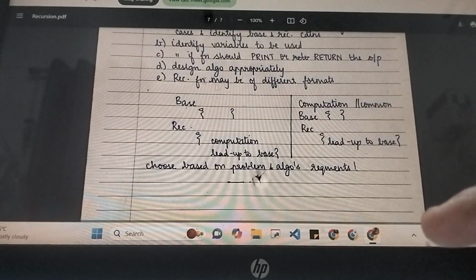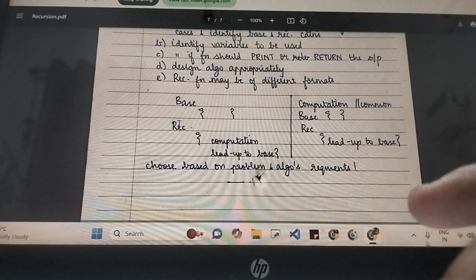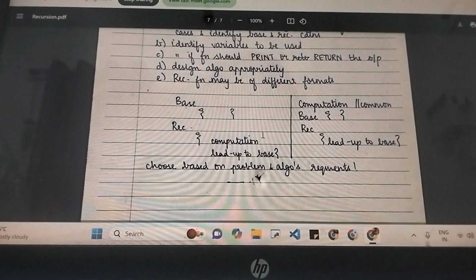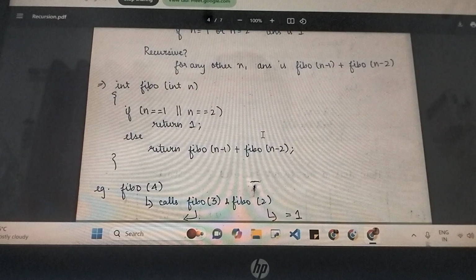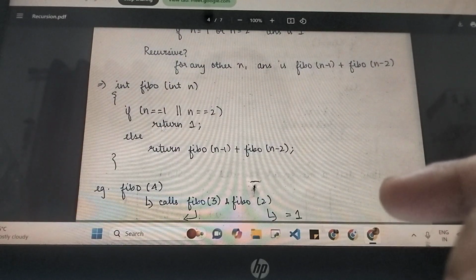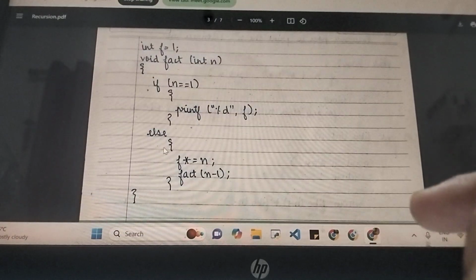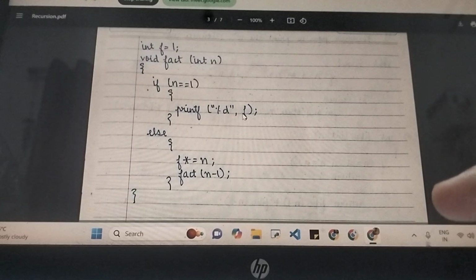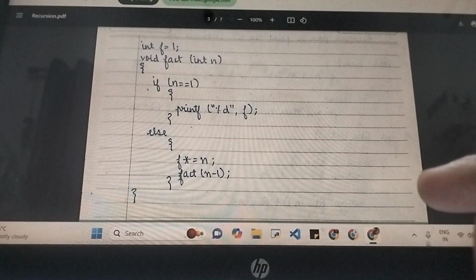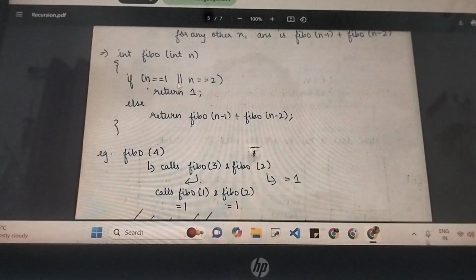And the final thing, recursive function may be of different formats. One is you have a base case, and then in the recurring case you have a computation and then something that leads to the base. Example: the base case you simply return. Recurring case, there is a no, wait, I'll give a different example. Yeah, here. Base case, you are simply printing. Recurring case, first there is a line of computation and then something that leads you closer to the base. That is one format. Second one,